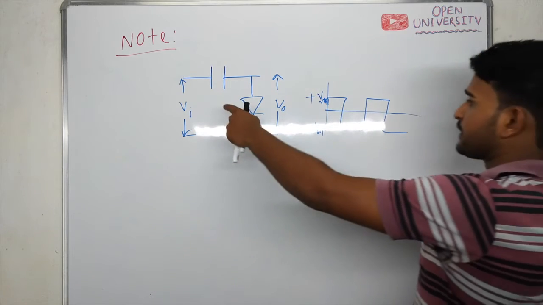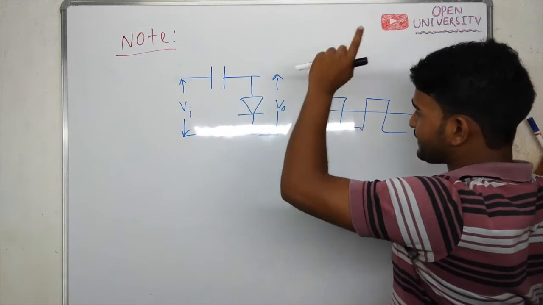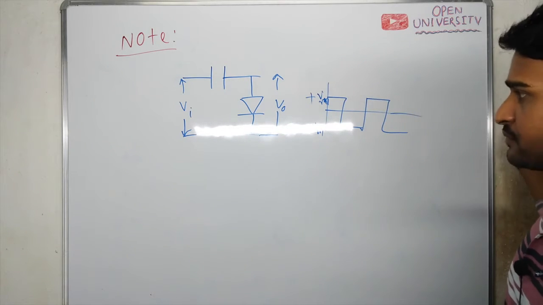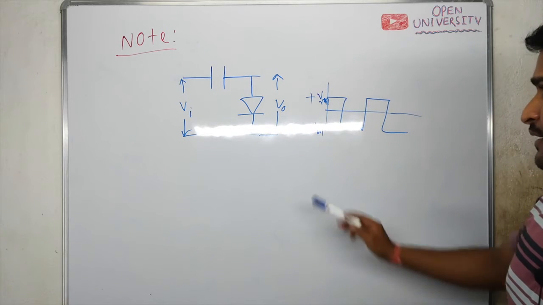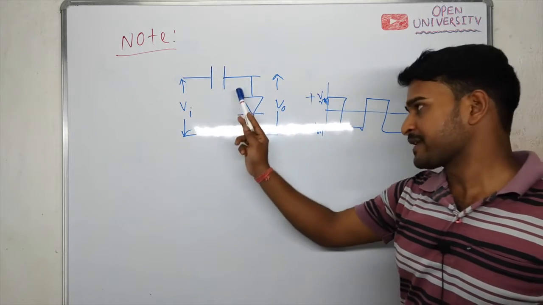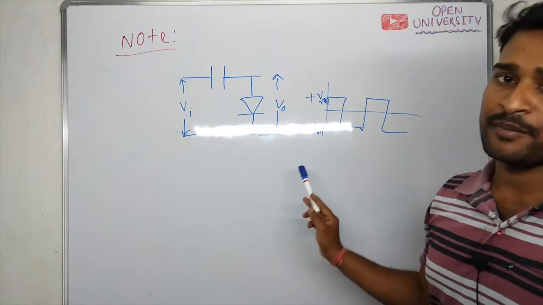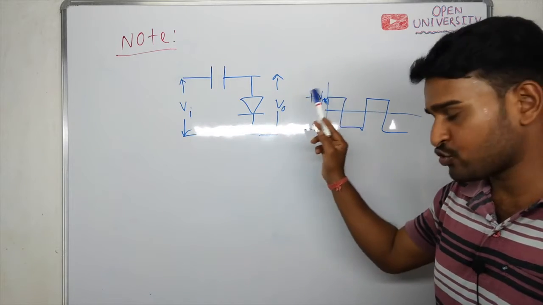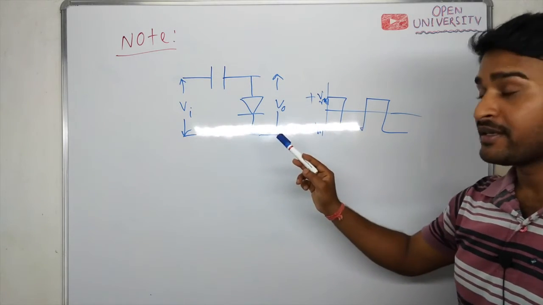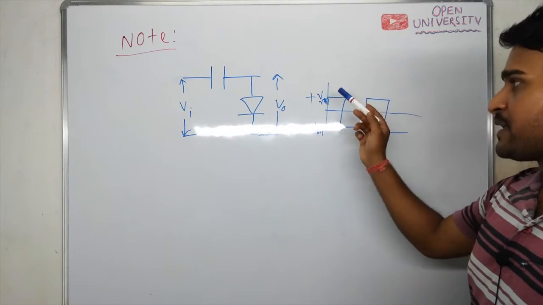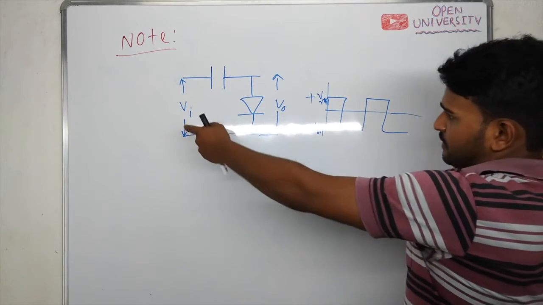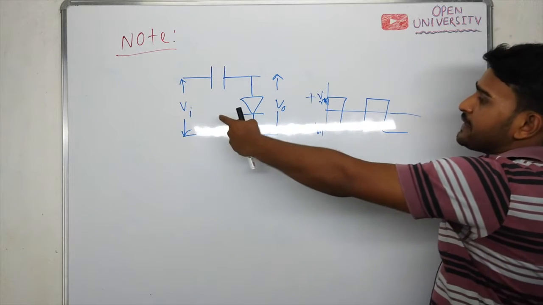In this circuit, it will respond only to increase in input voltage, but if you decrease the input voltage, the circuit will not change. Suppose initially you apply plus Vm, then the capacitor will charge up to plus Vm. Then you apply plus 2 Vm and minus 2 Vm, a square wave with maximum value plus 2 Vm and minimum value minus 2 Vm. Then the capacitor will charge up to plus 2 Vm. If next time you apply plus 3 Vm and minus 3 Vm, then the capacitor will charge up to plus 3 Vm. That means this circuit will respond only to increase in input voltage.